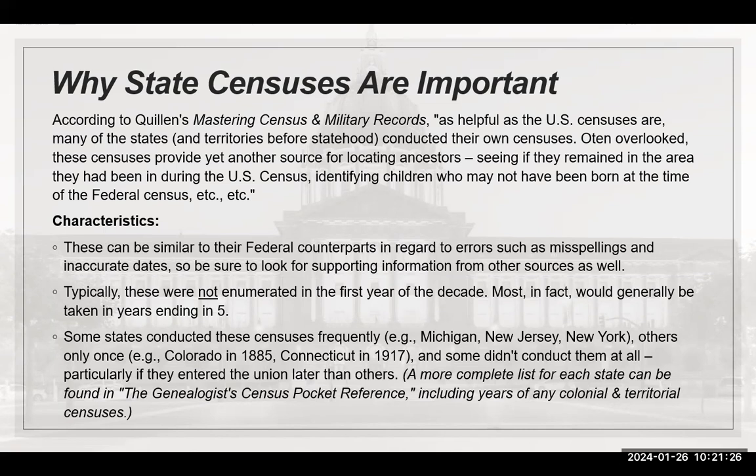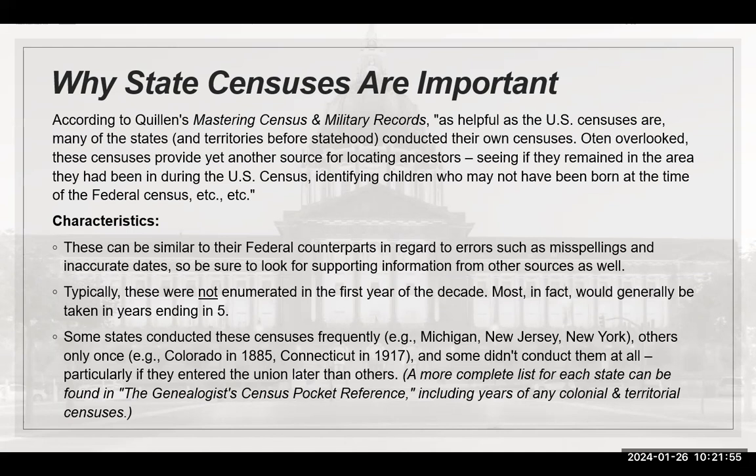Some characteristics. These can be similar to their federal counterparts in regards to errors such as misspellings and inaccurate dates, so be sure to look for supporting information from other sources as well. Typically, these were not enumerated in the first year of the decade. Most, in fact, would generally be taken in the years ending in 5. And some states conducted these censuses frequently, so you're in luck if your ancestors lived in Michigan, New Jersey, or New York, and others only